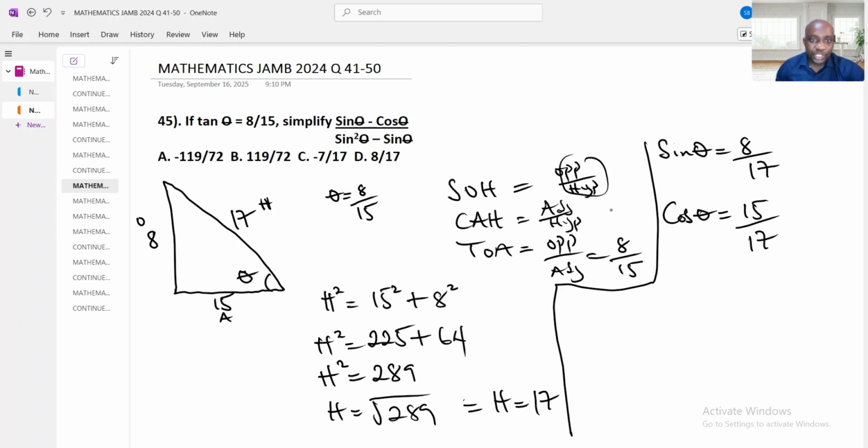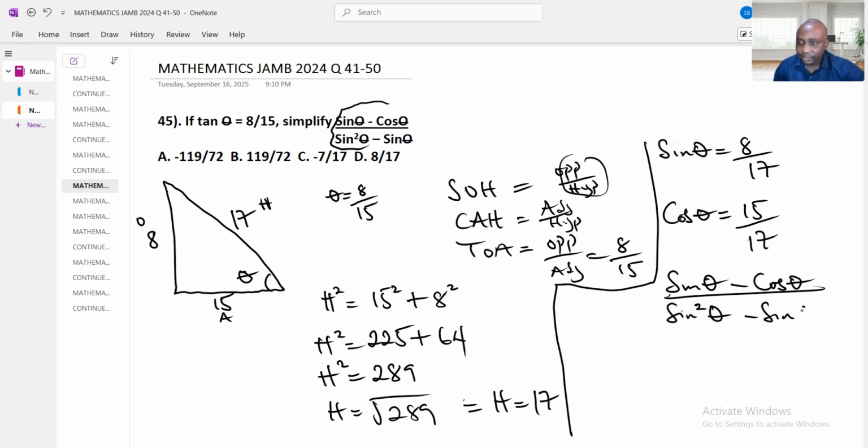Now we simplify the formula. This question, we now write it out: sine theta minus cosine theta, divided by sine raised power 2 minus sine theta. Now what is our sine theta? It is 8/17, minus what is cosine theta? It is 15/17,